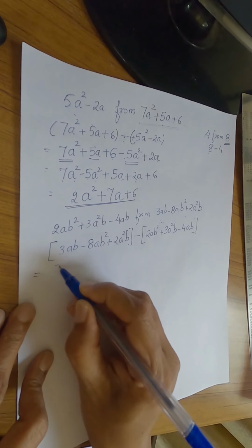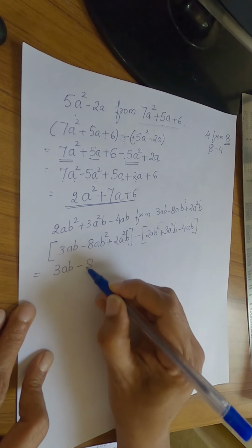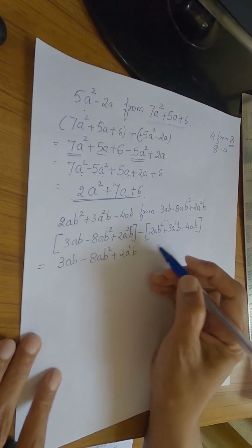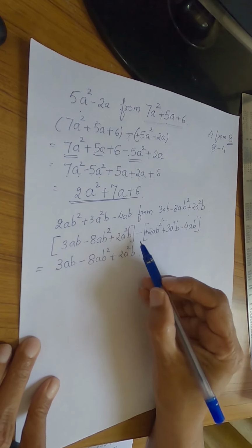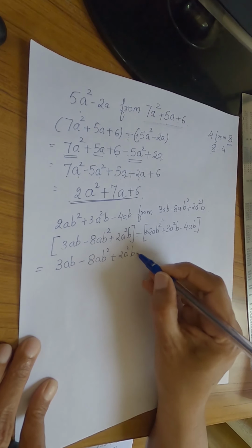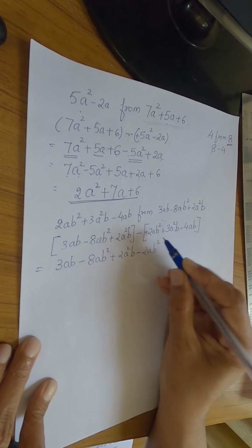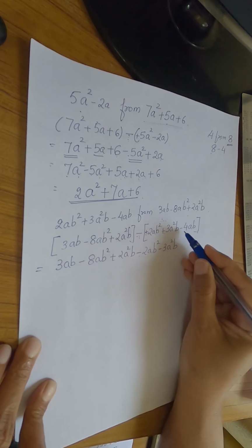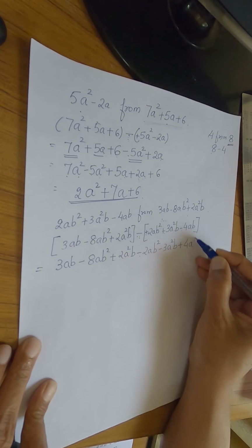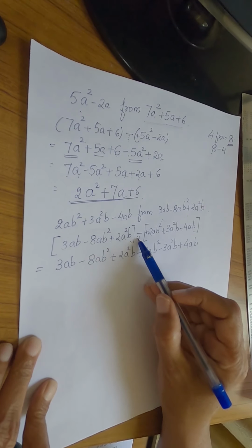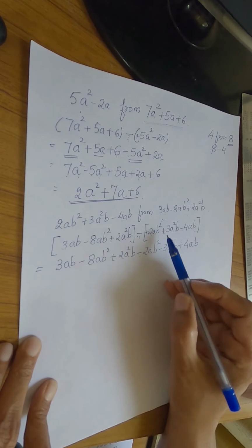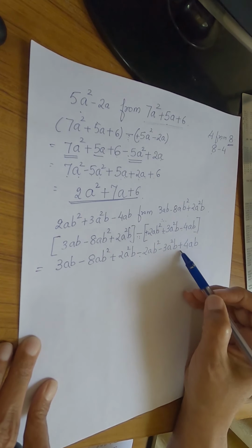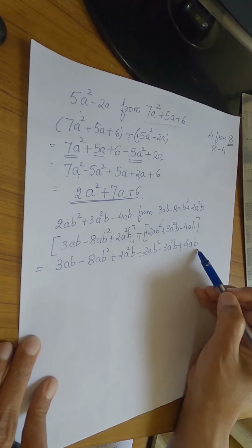So now the first step is we open the bracket, and for that we write the first bracket as it is, no changes. Now we have to be very careful because there is a minus sign. So minus into plus is minus. Minus into plus is again minus. Minus into minus is plus. In other words, what you should remember is in subtraction, when you are opening the bracket, the numbers which are positive will become negative and the numbers which are negative will become positive for the second bracket.